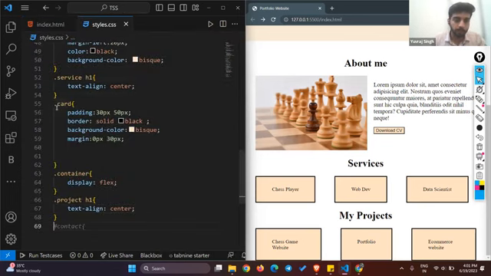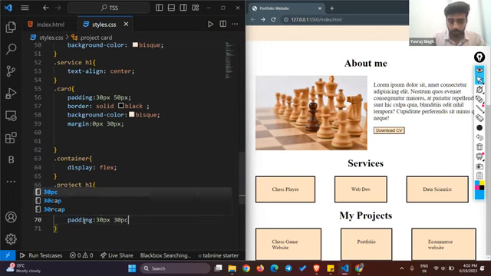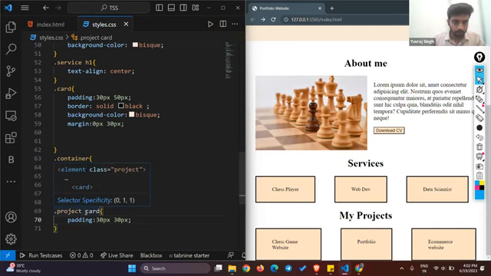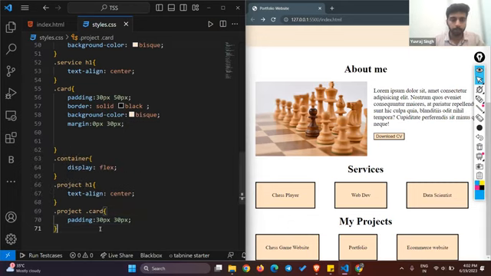अब जैसे हमने पहले कार्ड और कंटेनर की सेटिंग्स यहाँ पे कर रखी हैं, तो भी हम इसको स्पेसिफाई करके ओवरराइड कर सकते हैं। जैसे प्रोजेक्ट का कार्ड हमने स्पेसिफाई किया और इसके अंदर हमने पैडिंग दे दी 30 पिक्सल बाय 30 पिक्सल। सॉरी, डॉट कार्ड था, तो उससे ही तुम्हारा ये सब चेंज हो जाएगा। जब तुम ये यूज कर लेते हो, आगे जिस क्लास में तुम यूज कर रहे हो, तो वो पूरी प्रॉपर्टीज ओवरराइड कर देता है।